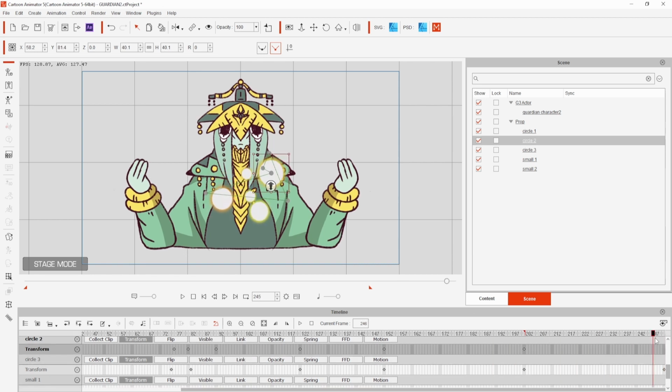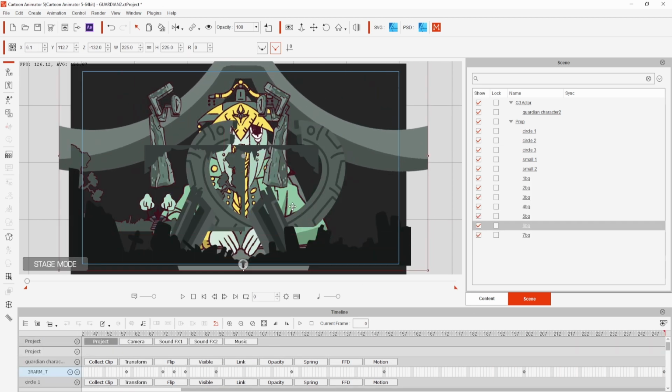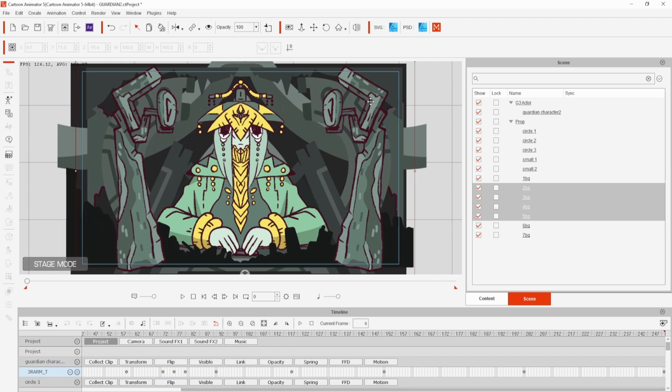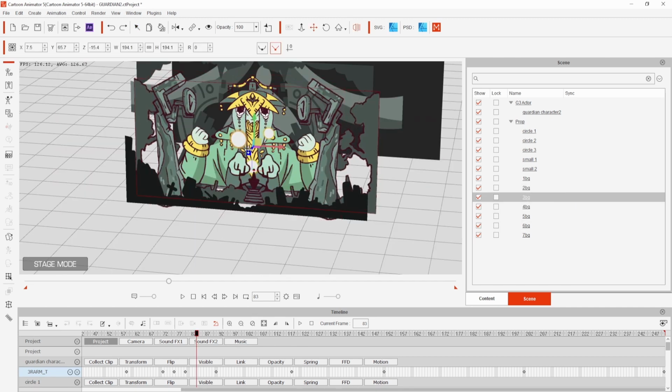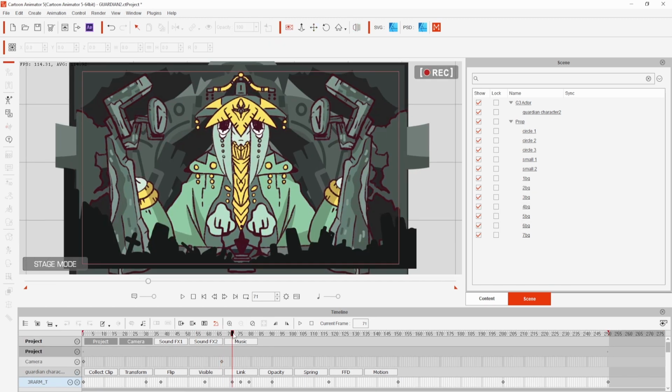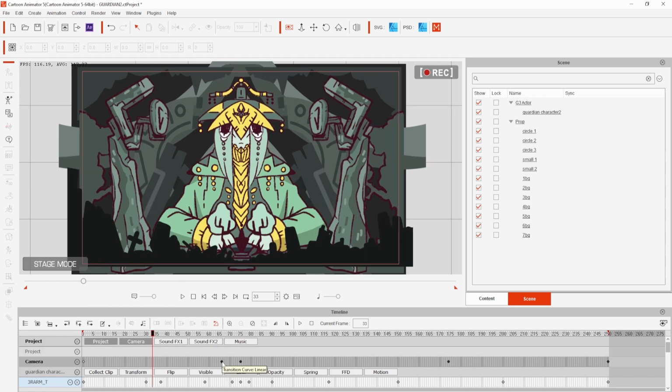would move alongside them. With the animation complete, all that was left to do was bring in the background layers and position them in the 3D view, before finishing it off with a camera move and adding a transition curve